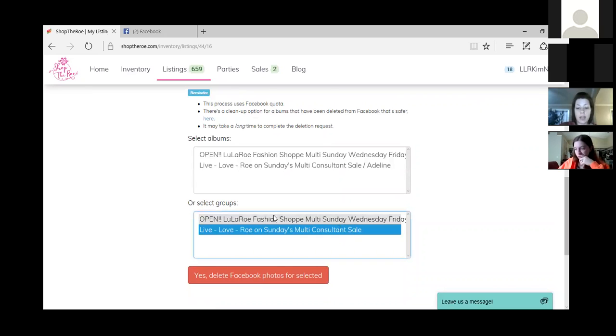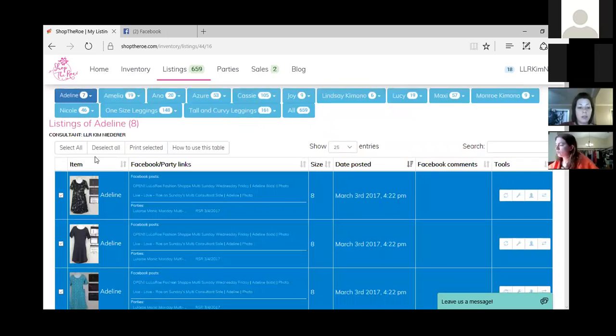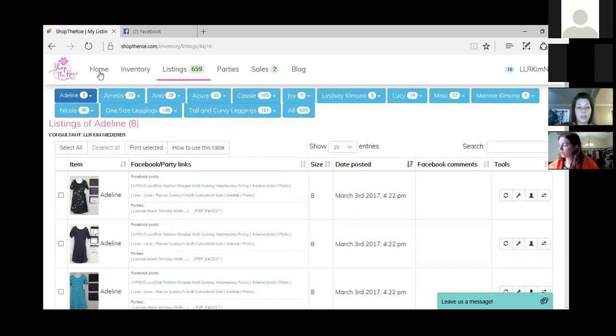These are still active multis, so I'm not going to delete them. And then it would take you back up to the top, and it will say up here, deleted X number of photos from Facebook, but it may take some time. Okay, so that's to delete active listings. For items that have sold,